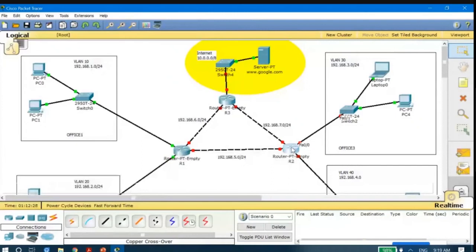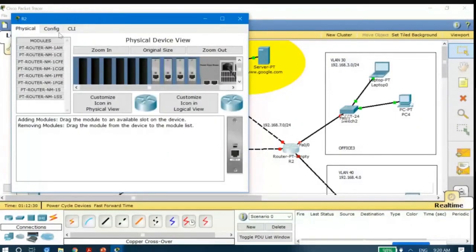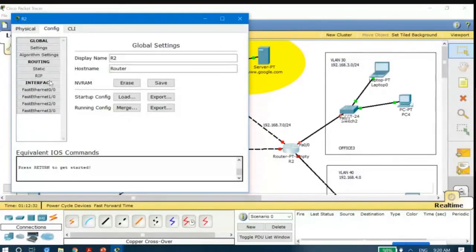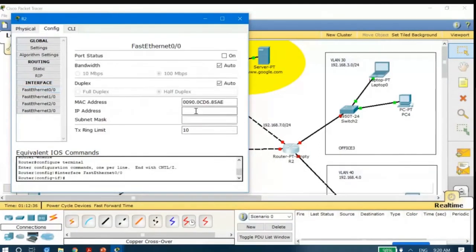So I will click on this router, go to config, and then go to fast Ethernet 0/0. Here I will enter the gateway address for VLAN 30, which is 192.168.3.1. The subnet mask is default, and then I will make the port status as on.